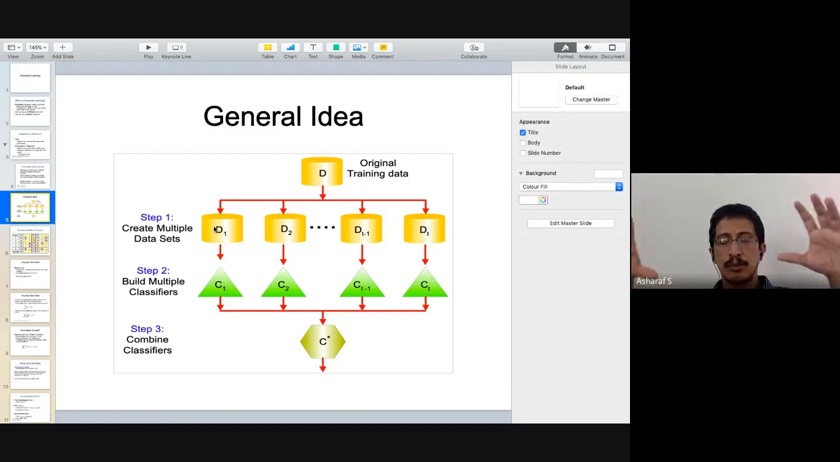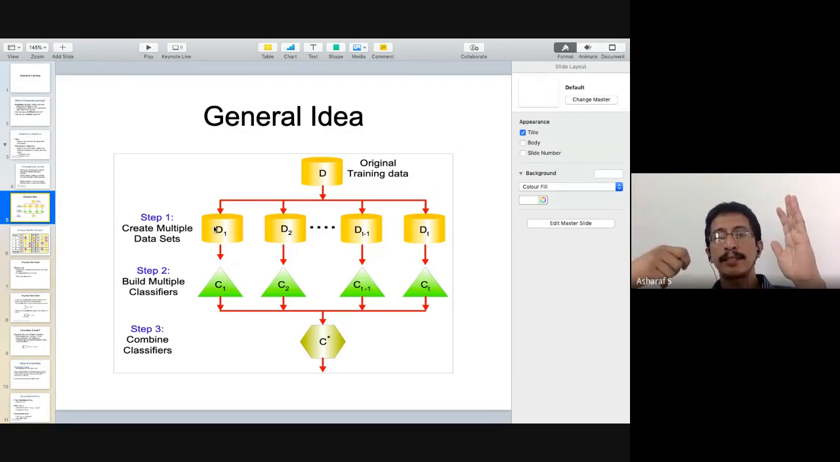Let's assume that the data set is 1,000 points, and my D1 size I can fix at 1,000 or 500 or whatever. I keep sampling from the original data set with replacement, which means the same point can participate multiple times. One set of say 500 or 1,000 samples taken from D will become D1, another sampling will give me D2, another sampling will give me D3, and so on